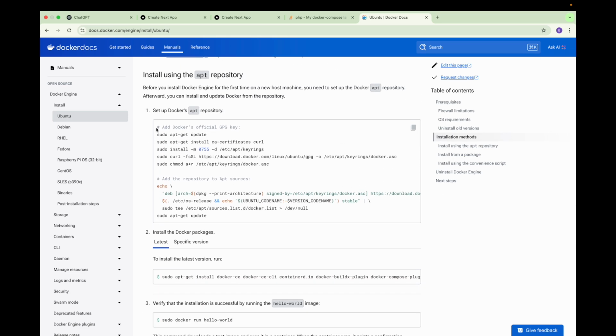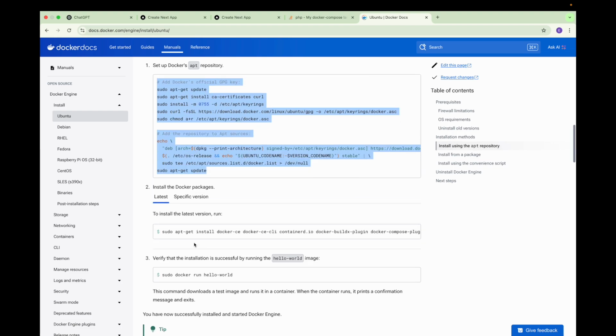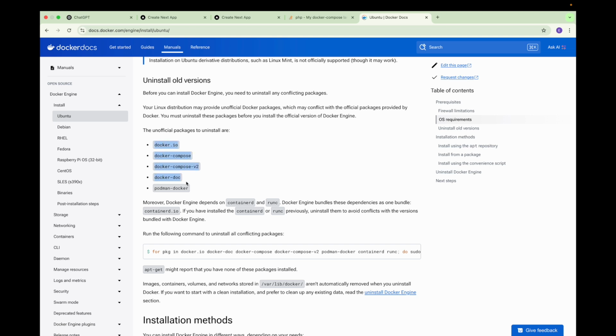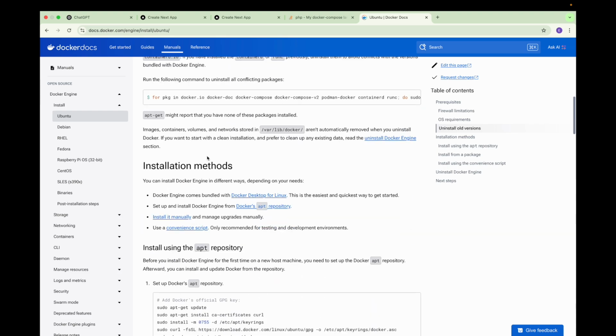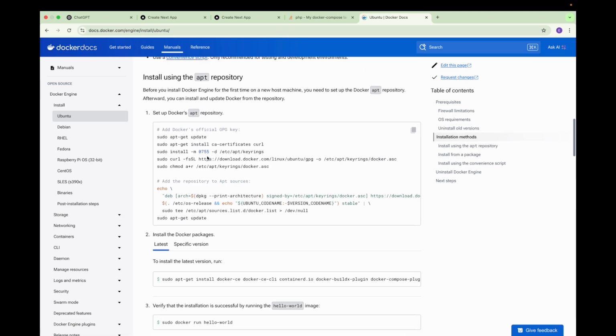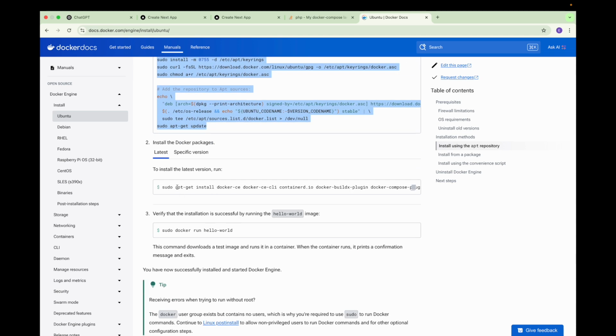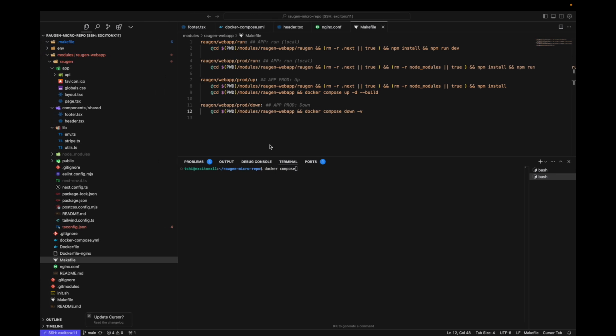I tested these codes to install Docker. I removed all of these, Docker Compose, Docker Compose v2, Docker IO, and then installed Docker and all these packages. So after that, after installing this,